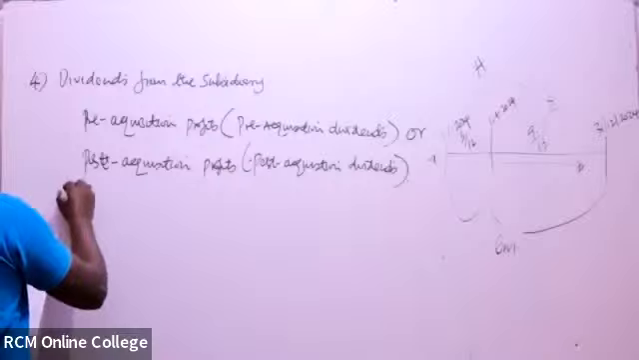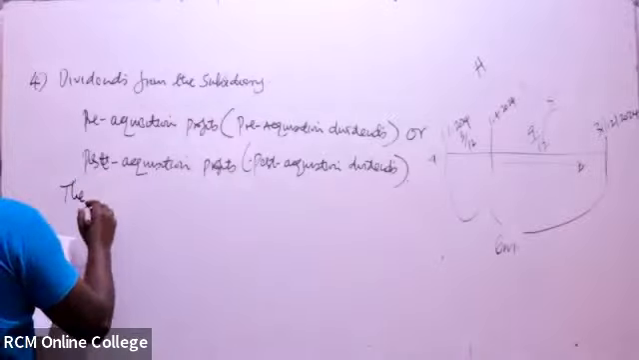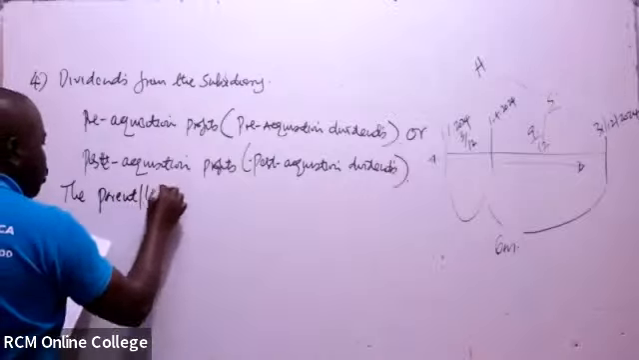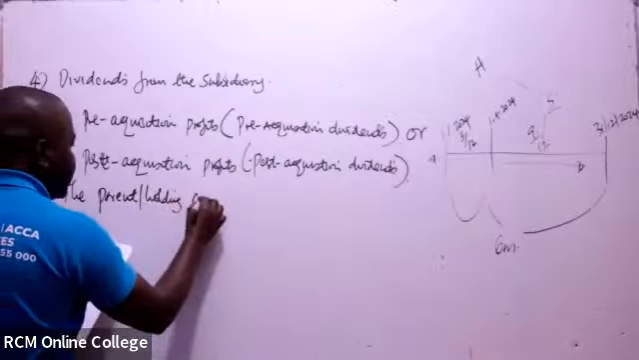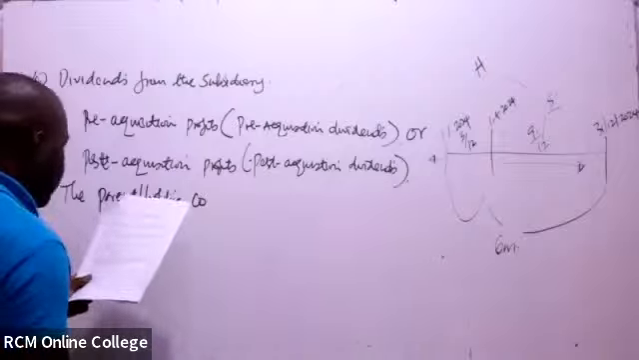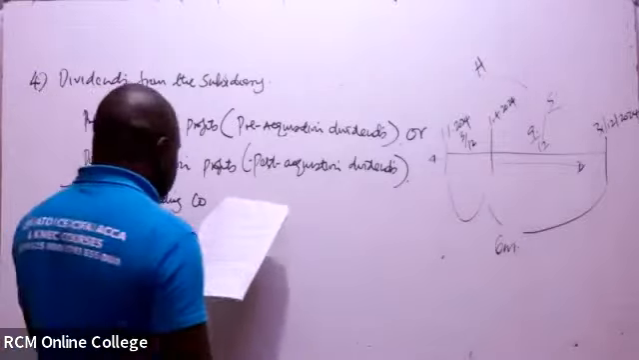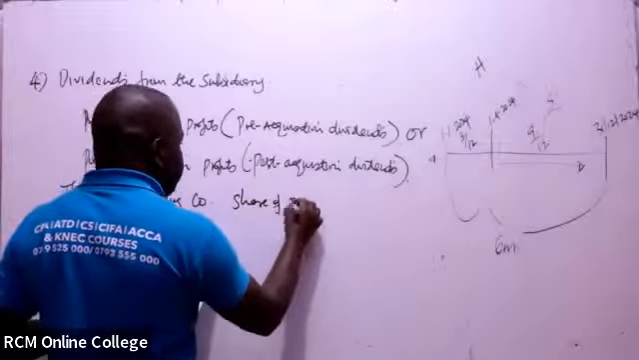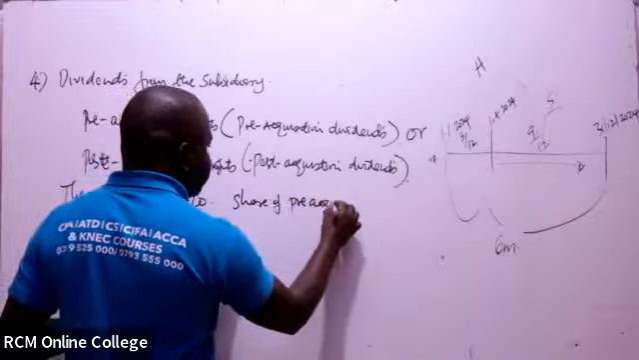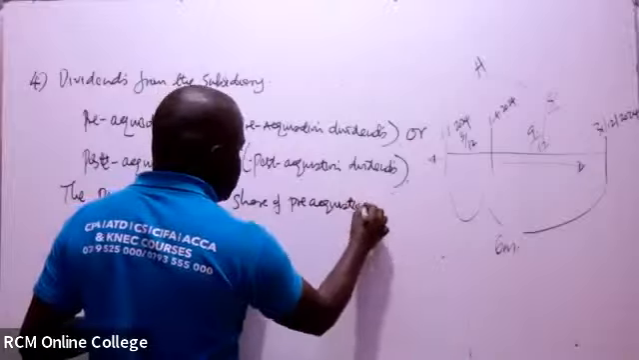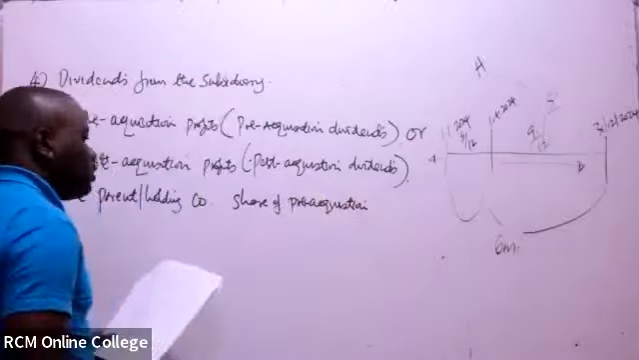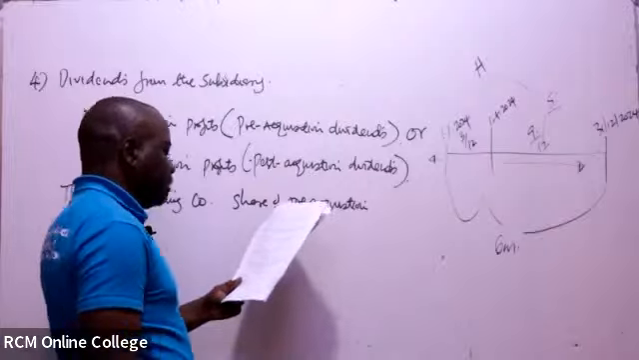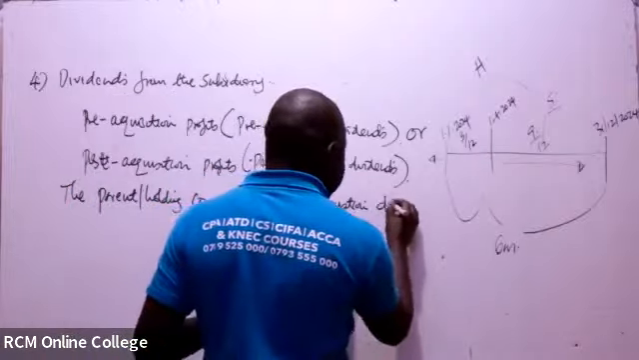the parent is the holding company. The parent or holding company share of pre-acquisition dividends, dividends that was actually settled before they were acquired, or the portion of dividends for before they were acquired. The parent share of the pre-acquisition dividend